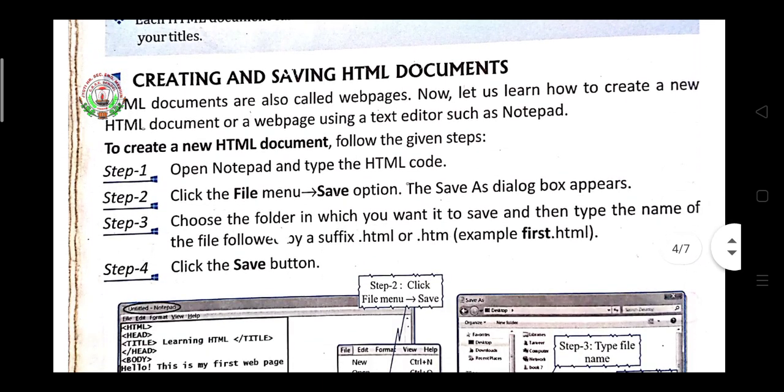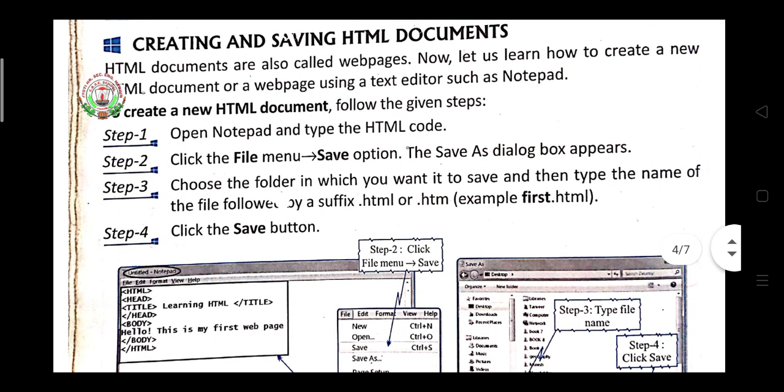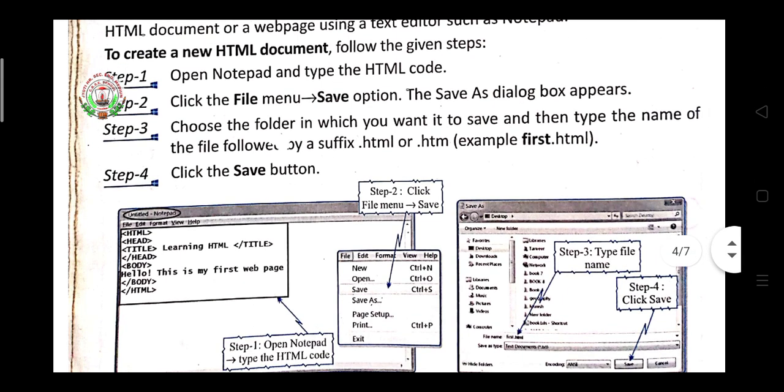Now creating and saving an HTML document. Creating means, first you open your notepad, then type the code. Code is given there. Then after that you click on the file menu, then go to the save option.